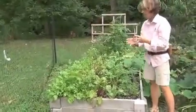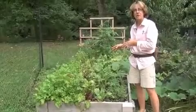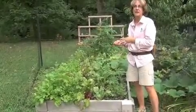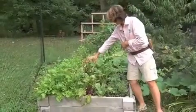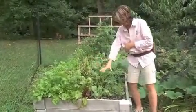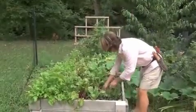Right, full bed of food. All of this was planted late in the summer, relatively speaking, probably in mid-June. Lots of arugula, plenty of beets coming. And in this row, we have a volunteer tomato from my compost. But what I want to show you